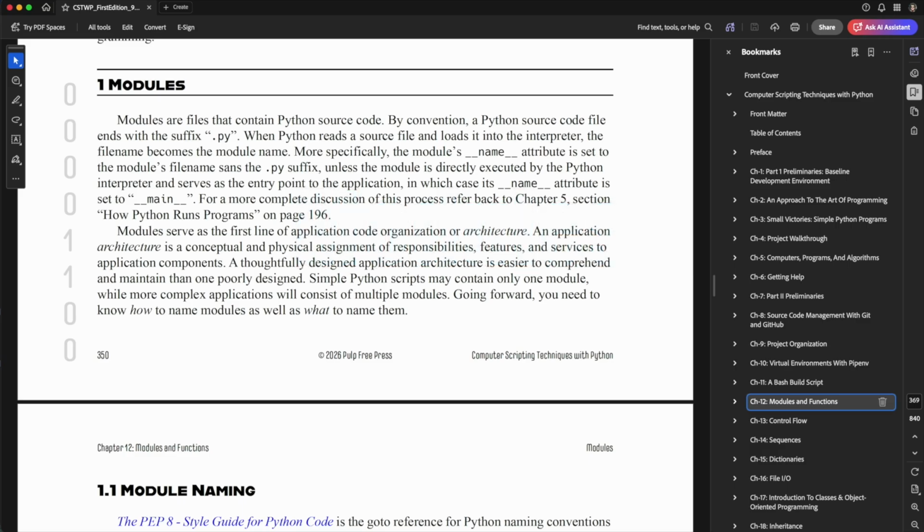A module in Python at its most fundamental level is a file that contains Python source code. By convention, a Python source code file ends with the suffix .py, so that when this file is read in, the interpreter knows this is a Python source file. Now, the name of the file becomes the module name. And more specifically, it's the module's